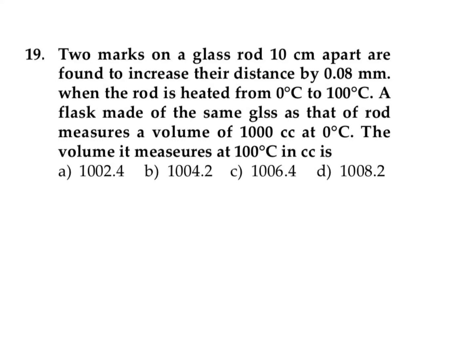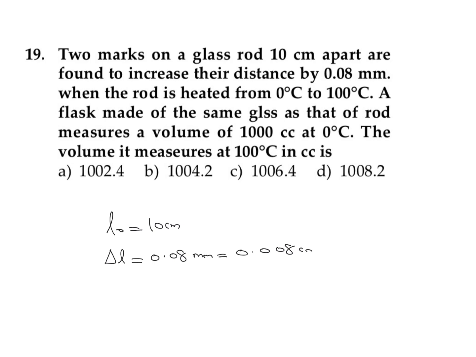In this question, it is given that two marks on a glass rod 10 centimeter apart are found to increase their distance by 0.08 millimeter when the rod is heated from 0 to 100. So from the first information, we can write the initial length of the rod was 10 centimeter, and the increase in their distance means the change in length, we can take it as 0.08 millimeter, or in terms of centimeter we can write